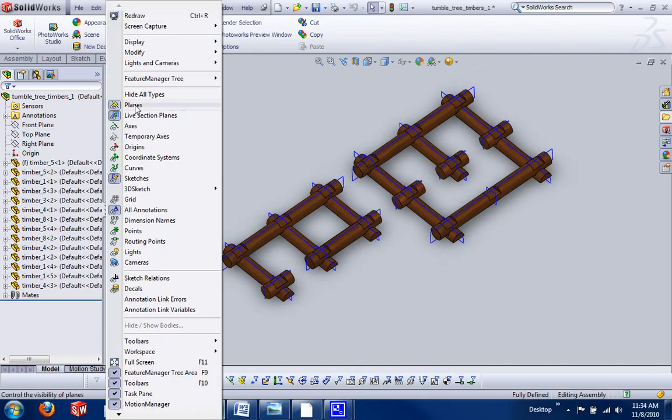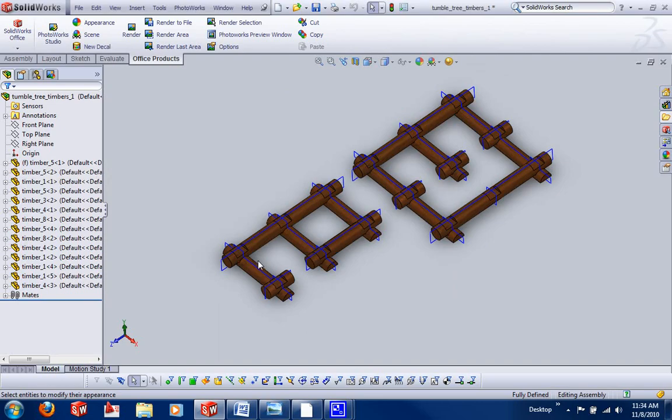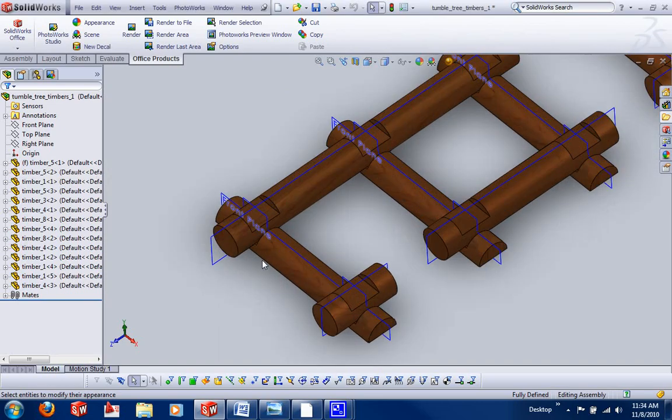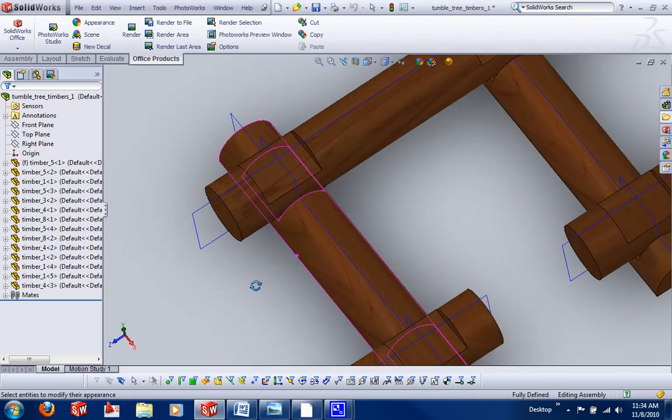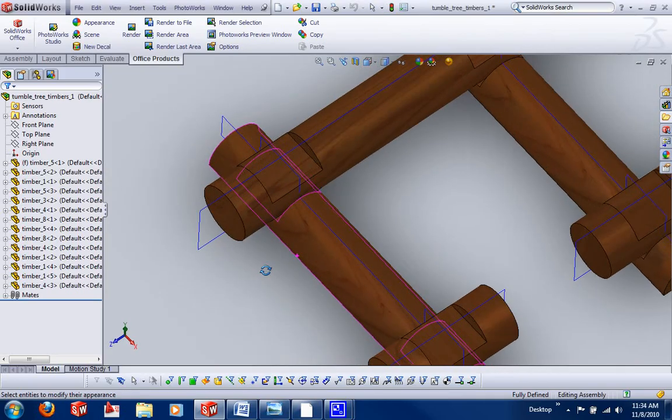If they're not shown already, you can click right here under view. You can see how they're already mated together, obviously, but they're mated in such a way that they're perpendicular right